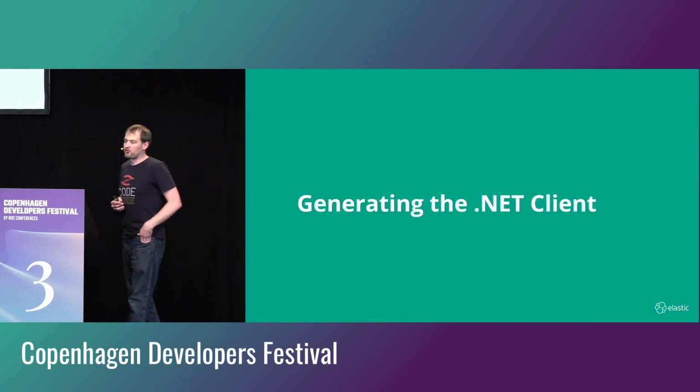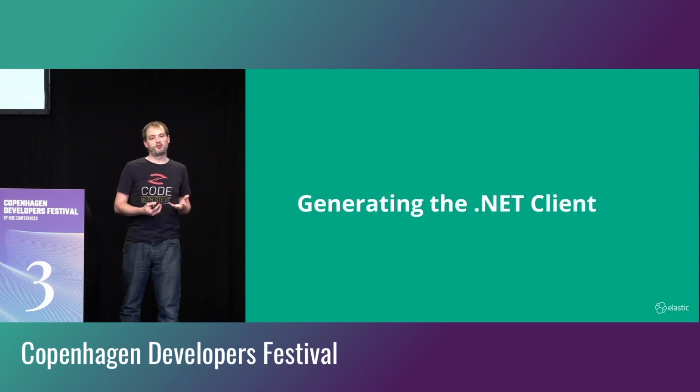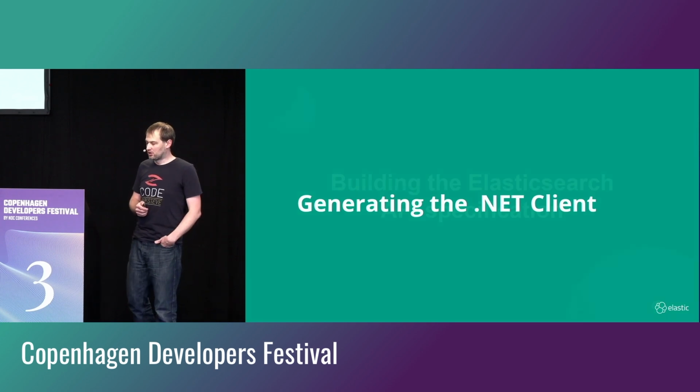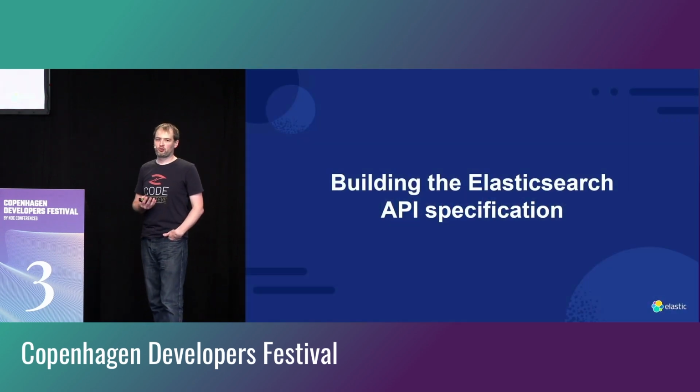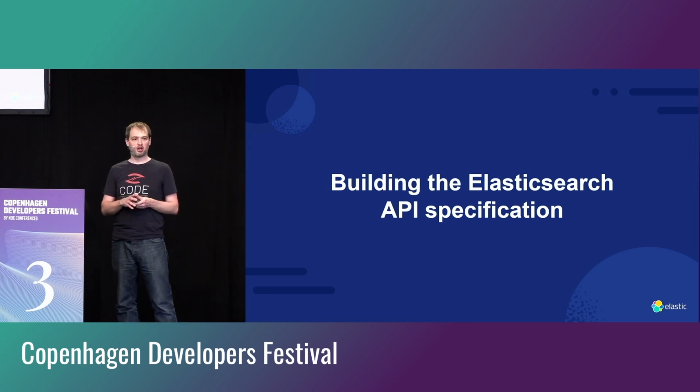So the next thing I want to do is then talk about the practicalities of what it looked like to start working on generating the .NET client, because it's obviously a bit more complex than that little example I showed you. So the first thing that we need to think about as a team was, well, what spec have we got that defines Elasticsearch? We need to know about all of its endpoints and all of its types that are sent in and out to those endpoints in order to be able to define a language client